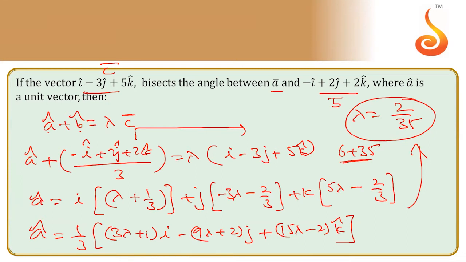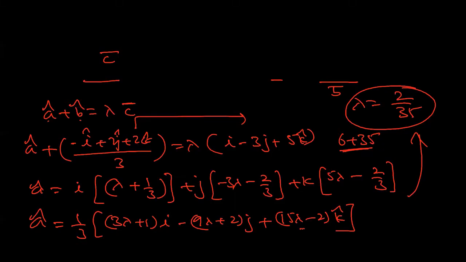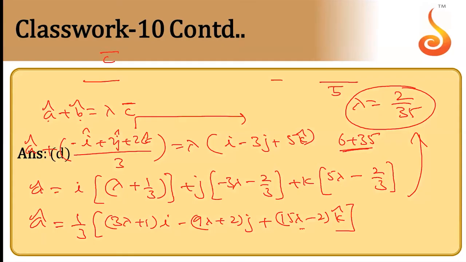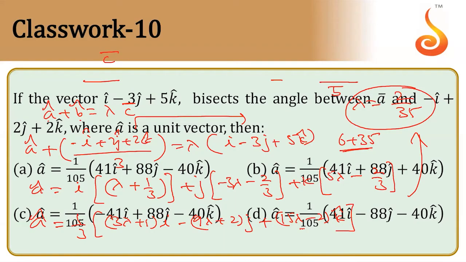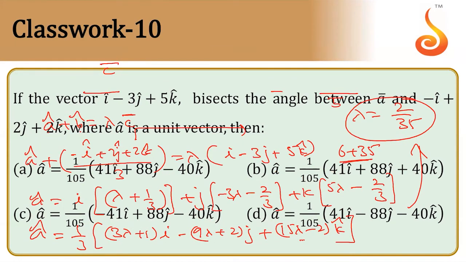The first one is 41. Yes, 41. Next is minus 8. Here 35 into 50 minus 2, minus will come here. So 2 minus, which option? You can take the answer. Look at the options. Now it's all completely 2 minus terms, and 2 minus terms come only in option D. That way you can solve it here. So here 41 comes, here 88 comes with minus. Here also minus comes because lambda is 2 into 35 minus 1, which gives minus 40. By 35 comes. Option D is the right answer.